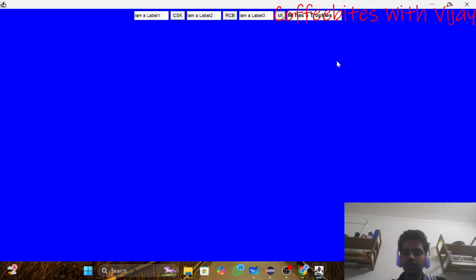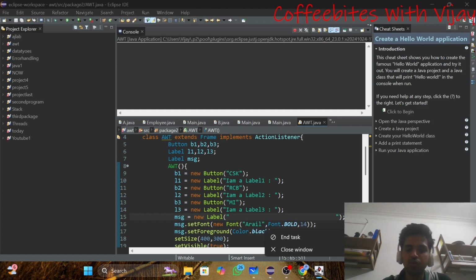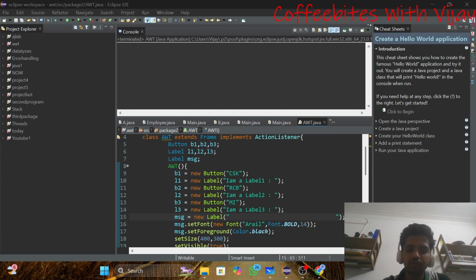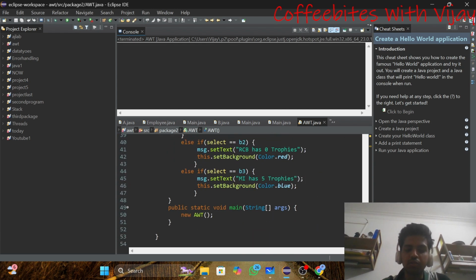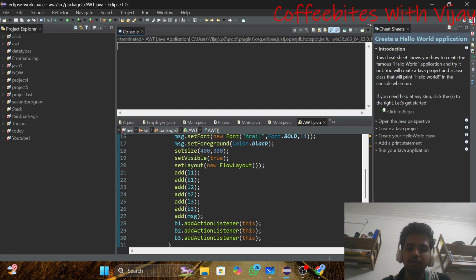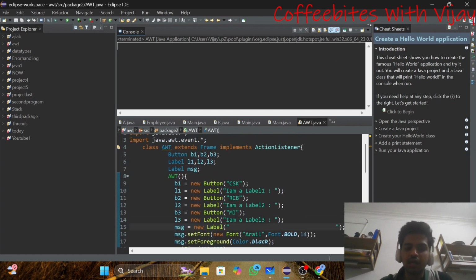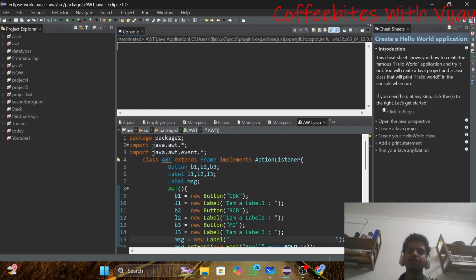Okay, then I think the concept is clear. I don't think there might be any doubt over here. So this was a small project related to the ActionListener interface. So whenever I want to use a button or label, I will be implementing this ActionListener interface.